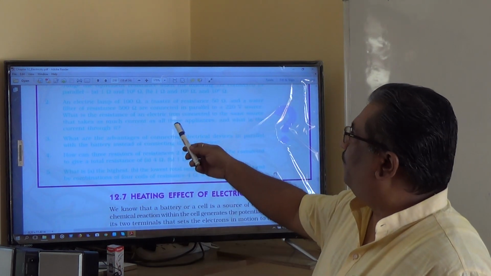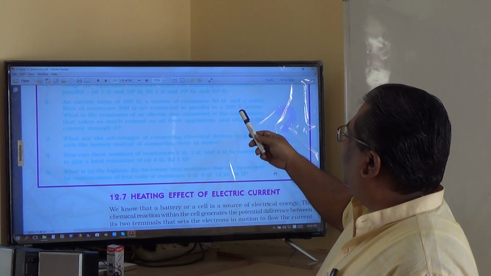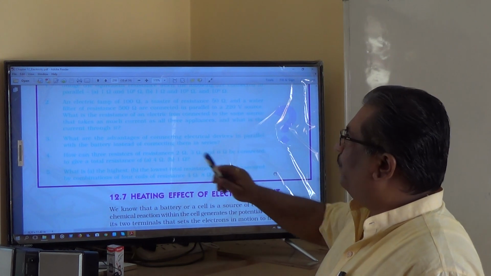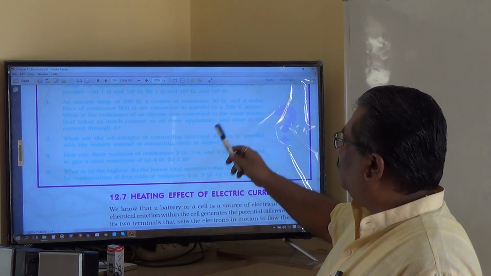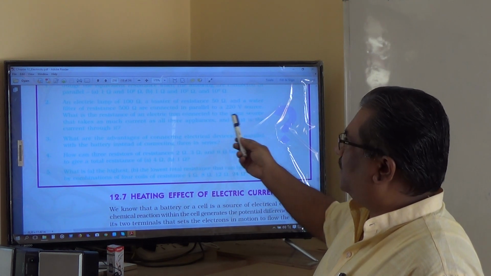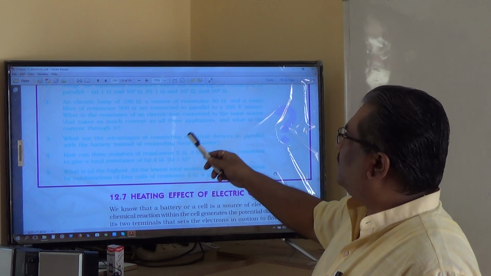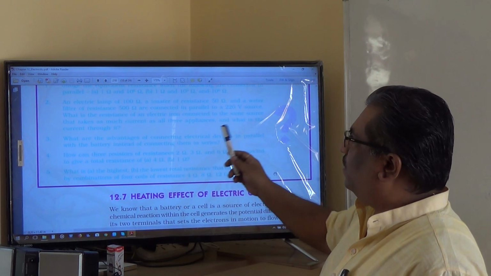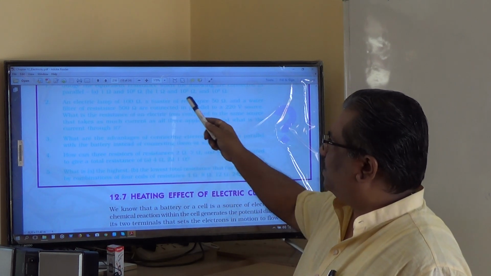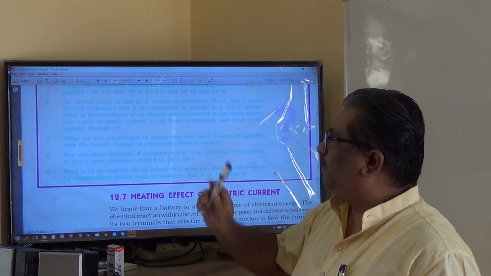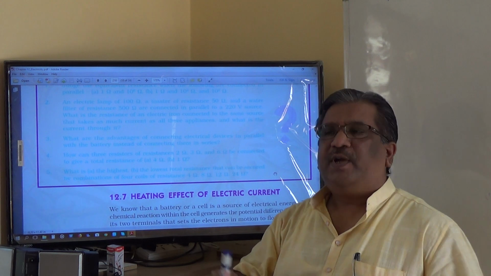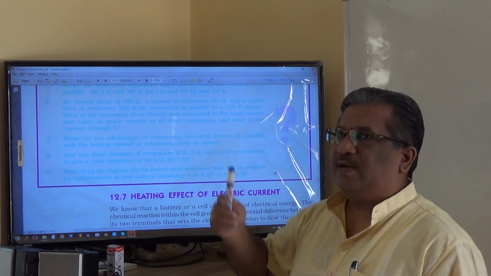An electric lamp of 100 ohms, a toaster of 50 ohms and a water filter of 500 ohms are connected in parallel to a 220 volt source. I know 3 resistors are connected in parallel to a 220 volt source. What is the resistance of an electric iron connected to the same source that takes as much current as all the 3 appliances? And what is the current through it? That means if I find the equivalent resistance of all these 3 in parallel combination, that resistance will be equal to the resistance of an electric iron because it will draw the same current as all these 3 in parallel combination.